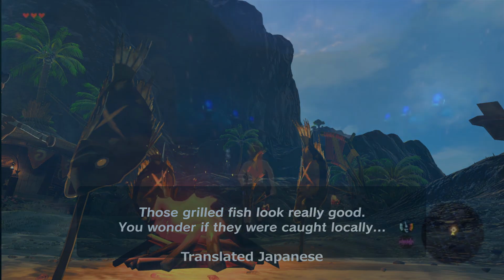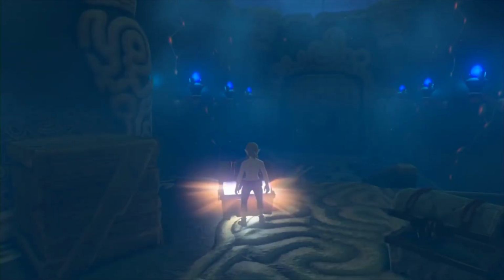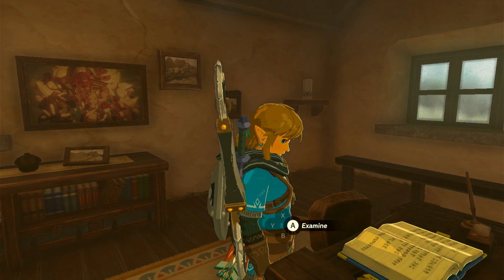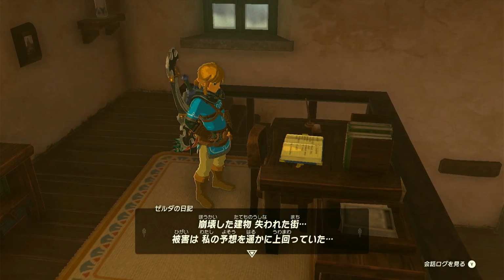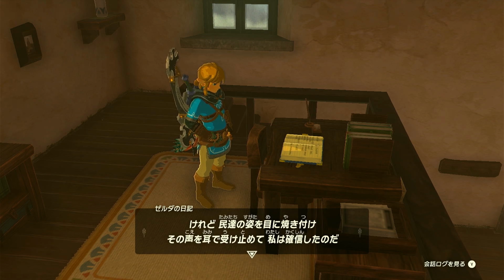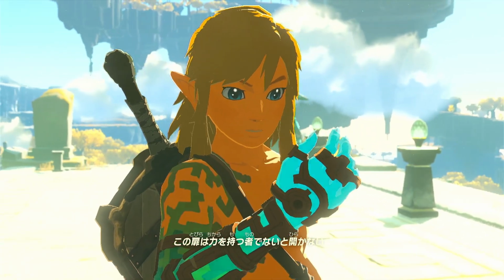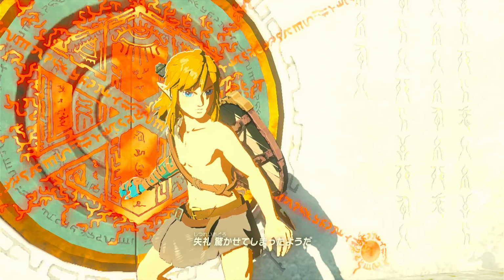To clarify, this writing style is the same as the text in the text box that appears whenever Link obtains an item in the game, and is also the same writing style that Zelda uses herself in her own personal diary in the Japanese version of Breath of the Wild and Tears of the Kingdom, which further attributes to the complexity of the language. With that said, one of the best things about playing the game in Japanese is that it gives the player the freedom to choose how they interpret a lot of this.